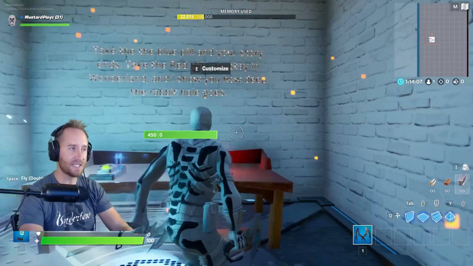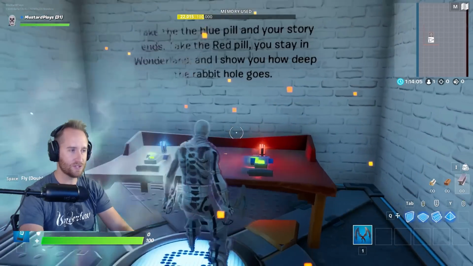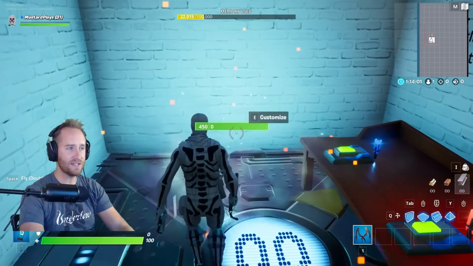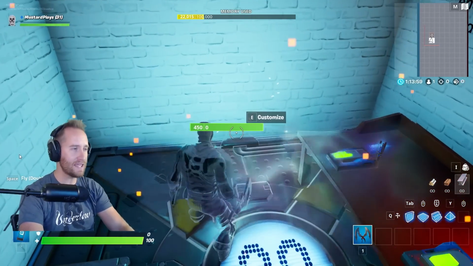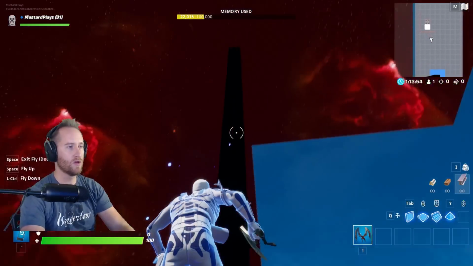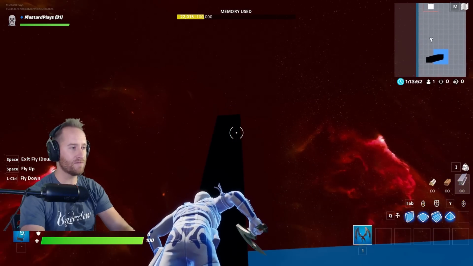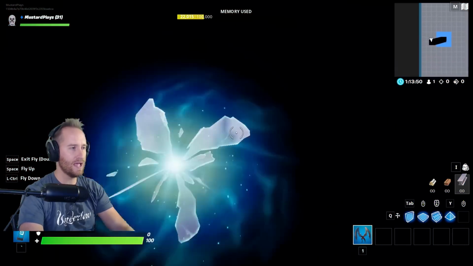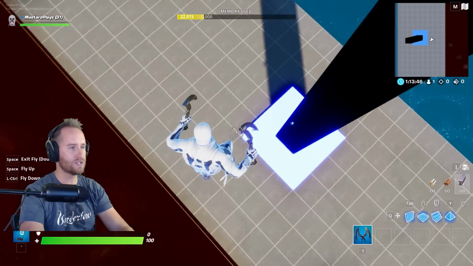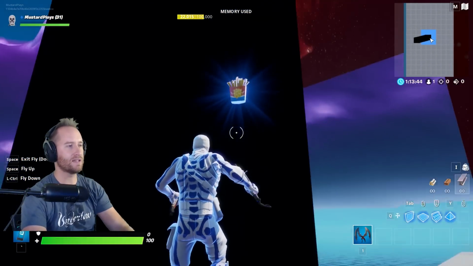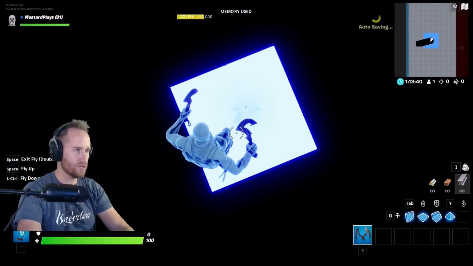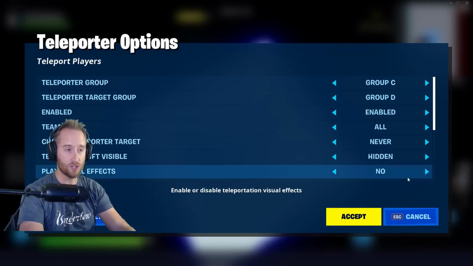So here's how I set up that beginning sequence. I have a little room here where it tells you to take the red pill or the blue pill. If you push the red pill, it activates a teleport device right here, and then you walk through it and it takes you to the group B teleporter, which is up at the top of this black tower, and then it just drops you down here, and then right outside there's going to be a little device here that you're going to pick up the sliding ability, and then you go through this teleporter, which takes you to the group